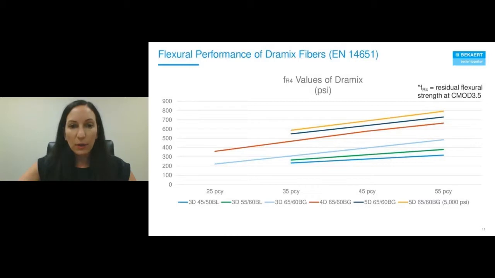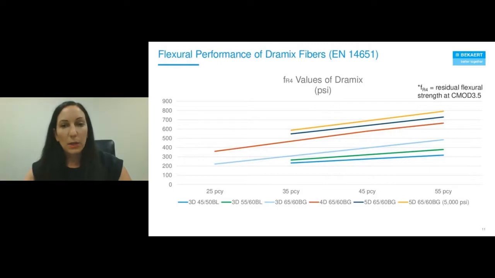I could use, if I'm using the 40 fibers, I could come over here and pull off, eyeballing it, maybe about 49 pounds of the 4D 6560 BG fiber. Or next to this blue line over in the top middle, that looks to be about maybe 40 pounds of the 5D 6560 BG fiber in 4,000 PSI concrete. Or moving to the top left, this kind of yellow-orange line, about 35 or 36 pounds per cubic yard of 5D 6560